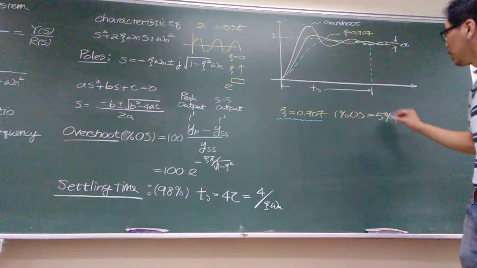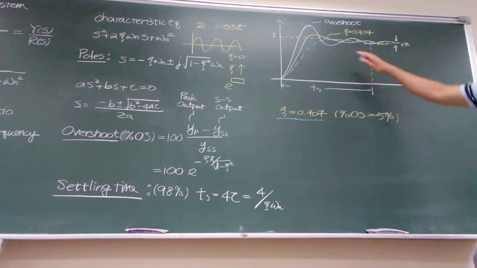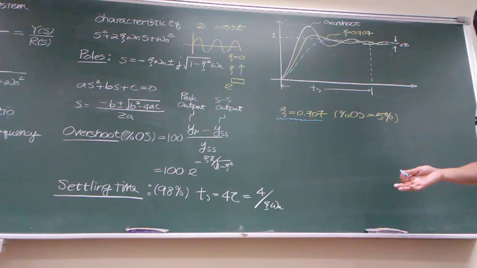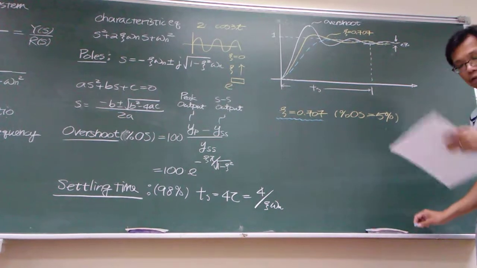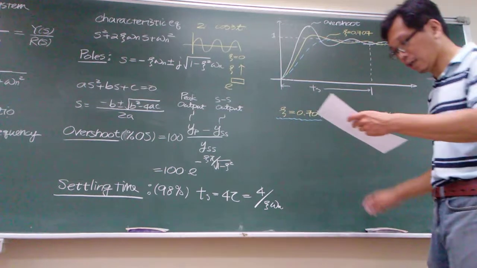The overshoot is small, around 5%. The settling time is okay. Compared to 0.5, it's not going to be too slow. Any questions? Okay. Now,